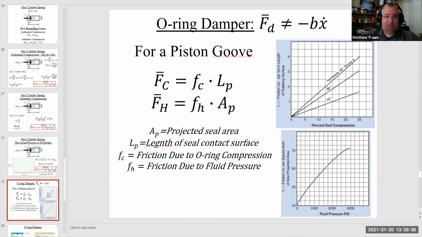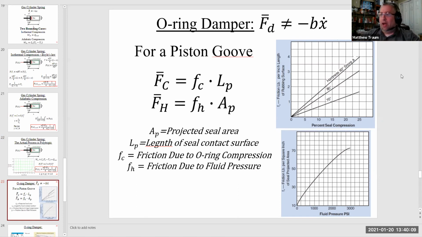Well, the good news is we've got our spring expression, and now with about a minute to go, this is how you do the damper part of it. So we've got an O-ring. The O-ring is sliding up and down the surface of the cylinder, and it's dissipating energy in the process. Although that energy dissipation is not the fluidic dashpot B X dot that we got before from a conventional dashpot. It's actually a constant, more or less. It's a constant that has a pressure function in it.